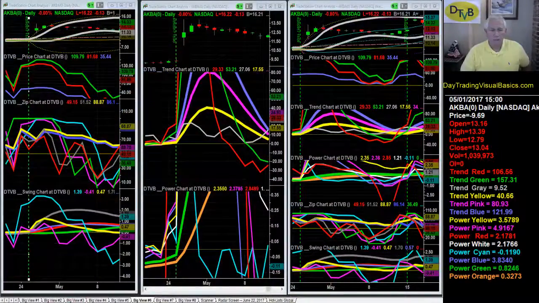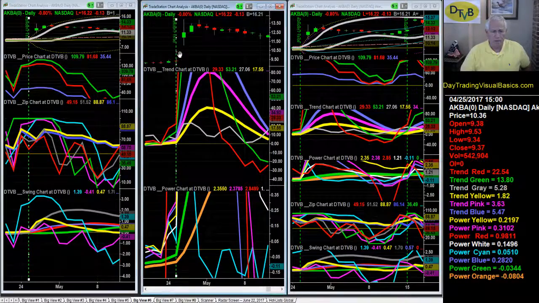In this example here, I'm in AKAB, and this example on the vertical green line day is April 25th, 2017. And I'm going to start right here at the trend chart. This is one of the most important gap up situations that we see, and it's also